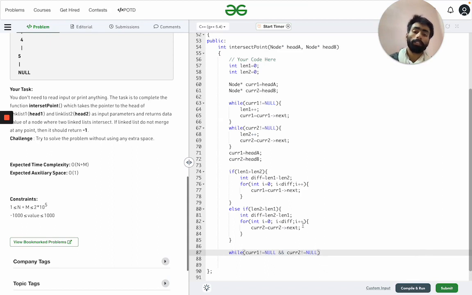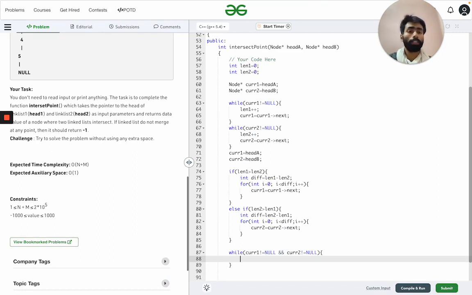It means that if these two are not pointing to the end of the linked list. If any one of the two points to the end of the linked list, then there is no need for comparison, because they are not the same, as we have discussed. If the tails are pointing to null, there will be no formation of the Y shape.